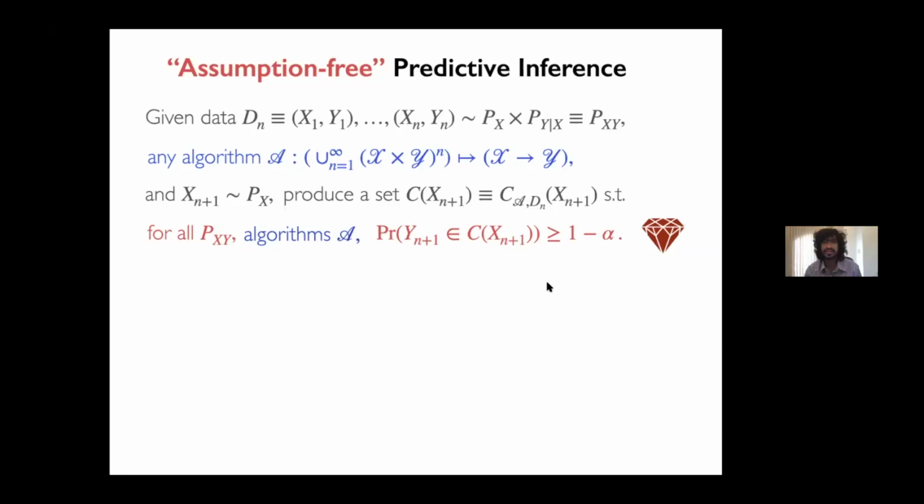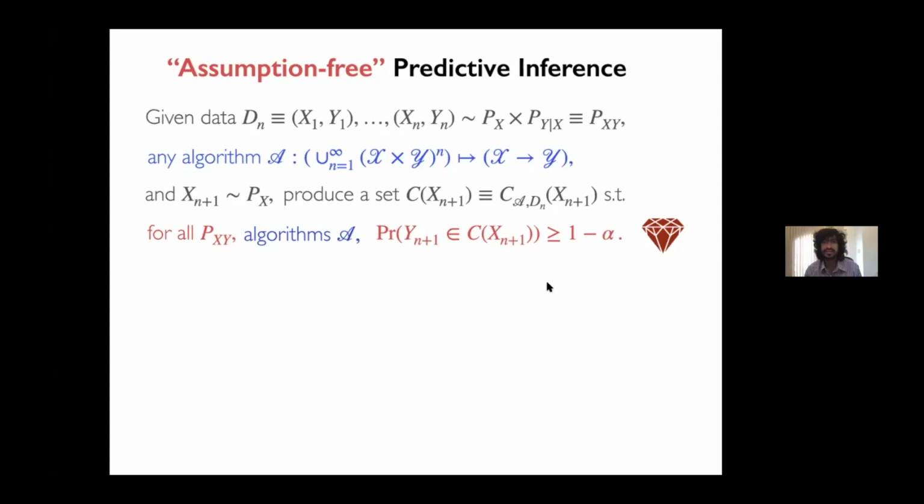So in some sense, if P_XY is nice and my algorithm was smart, then the size of C of X_{n+1} will be smaller. If P_XY is horrible, like heavy-tailed and discontinuous and terrible, and/or maybe my algorithm was nonsensical, then this guarantee will still hold, but maybe C of X_{n+1} will be larger than we would like. So this is, in some sense, some kind of robustness to